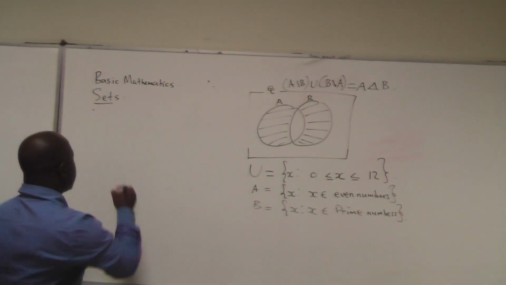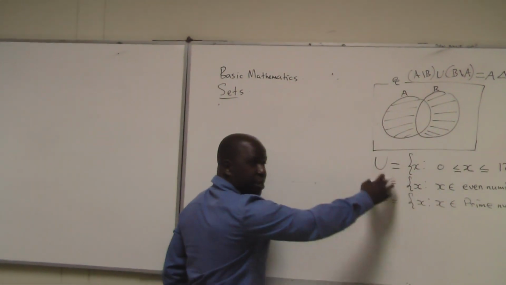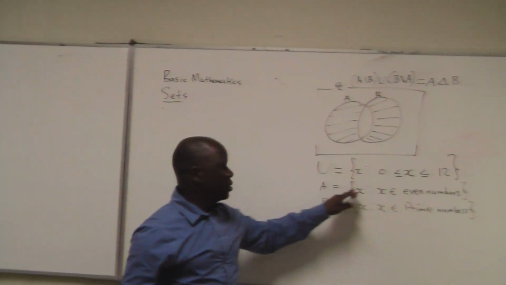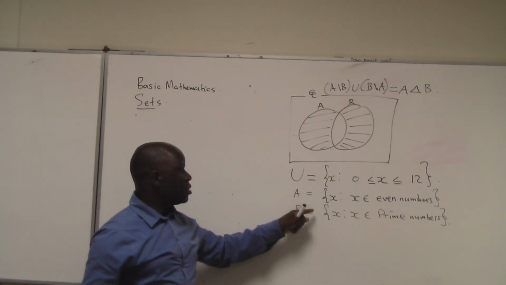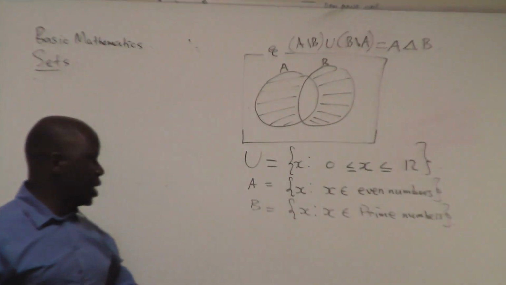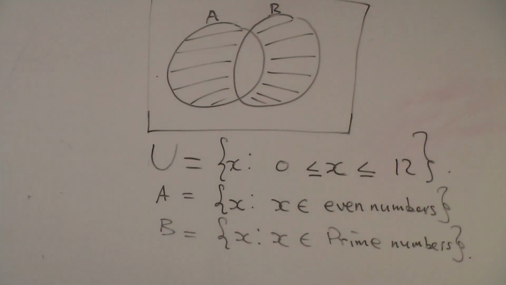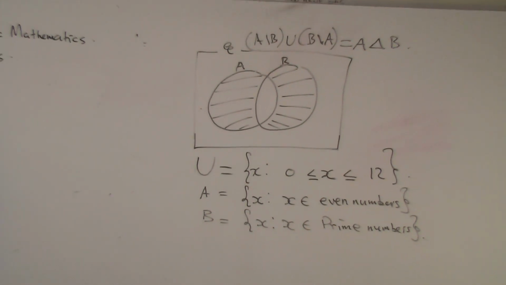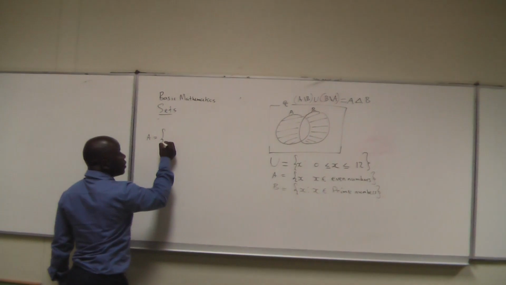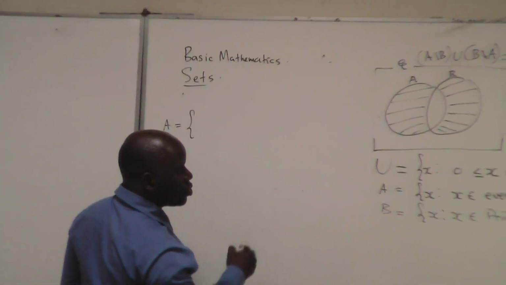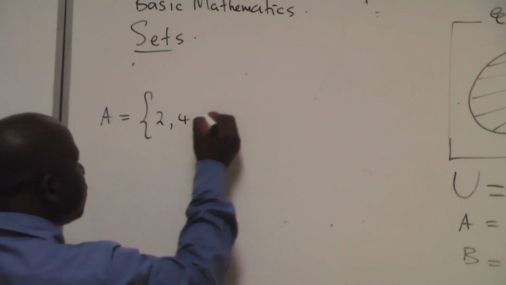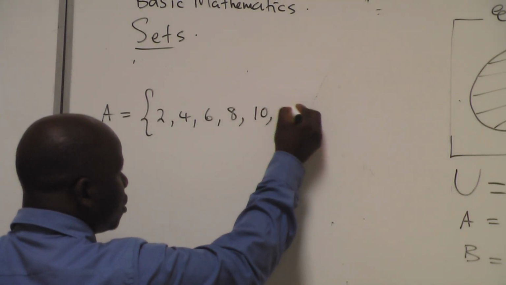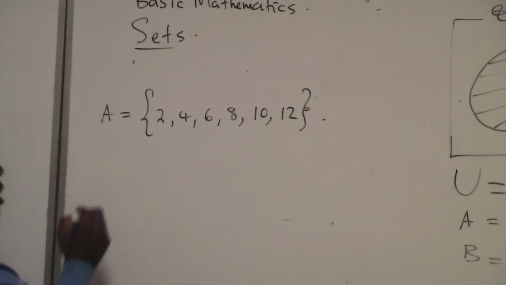So we can simply write our A, and I want you to appreciate from our introductory course where we said we have used set builder notation. So you must also be able to list the elements when you are given a set which is defined using the set builder notation. So we'll have our A as even numbers between 0 up to 12. It's 2, 4, 6, 8, 10, 12. Prime numbers between